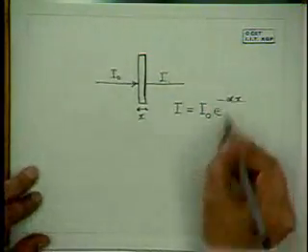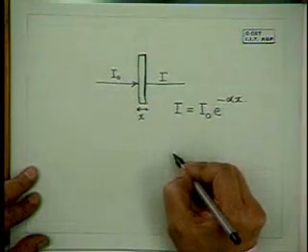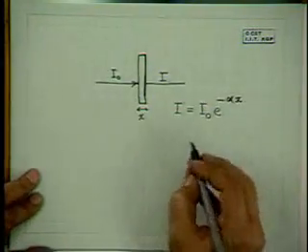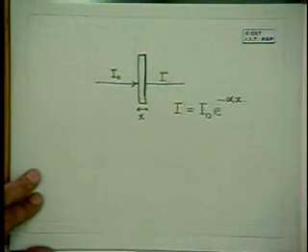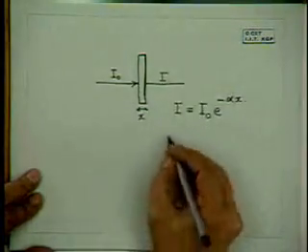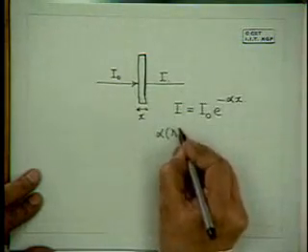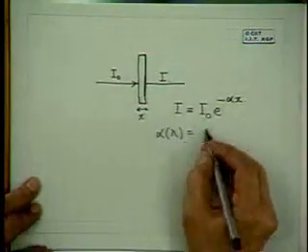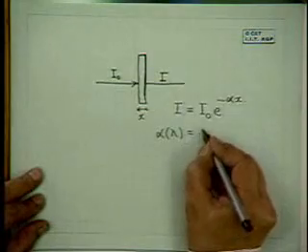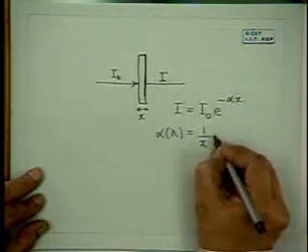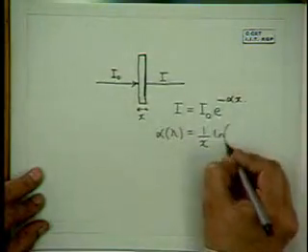This is the definition of the absorption coefficient, and if we rewrite this, we can say that alpha, which is a function of lambda, is equal to 1 by x log